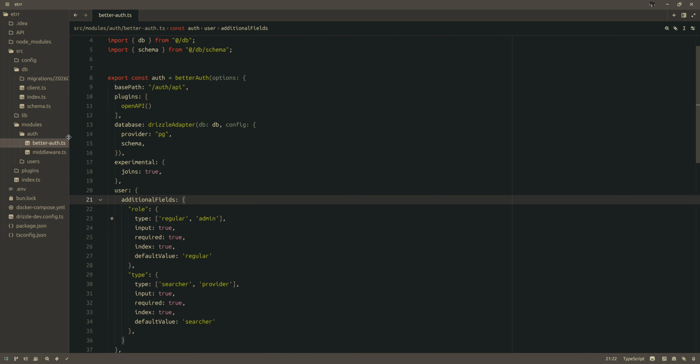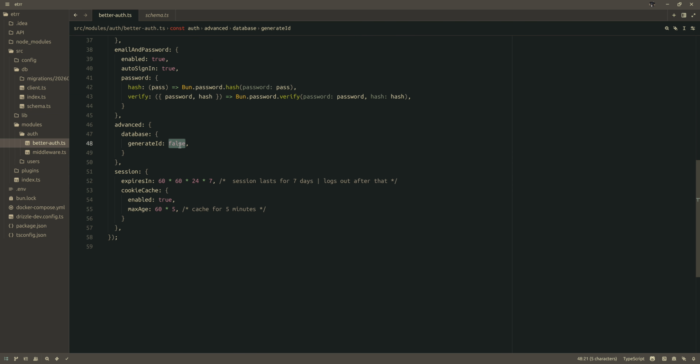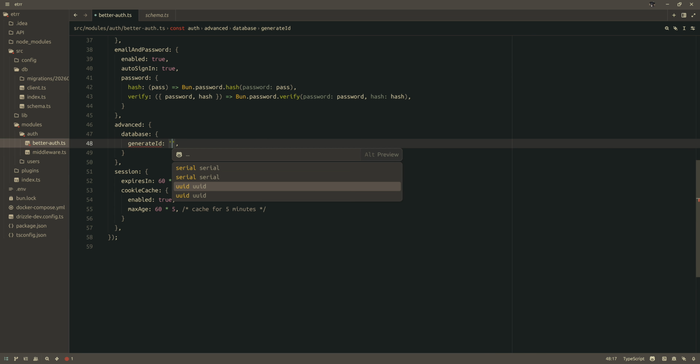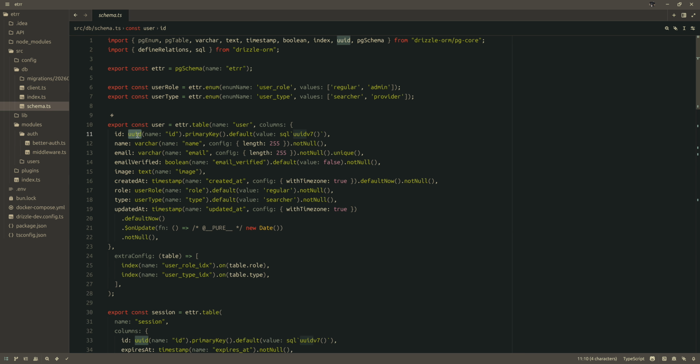I'm going to show you what I meant by, for example, if I have that set to UUID here, which is one of the options here, I think Better-Auth is going to generate this as text. I think I saw that somewhere, and then I said no, this is not what I want. Postgres supports UUID version 7, so I'm going to let the database generate the ID field for me. So that's why I have that set to false. And here,